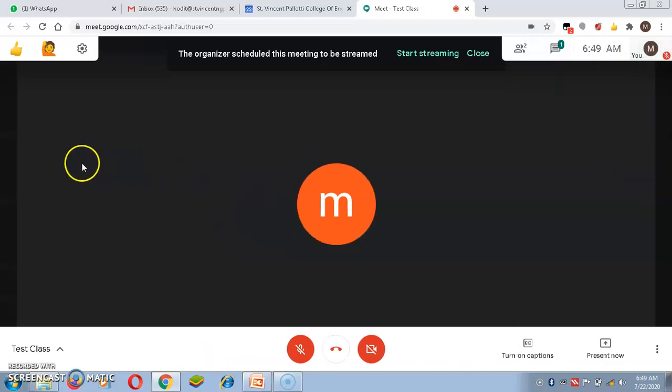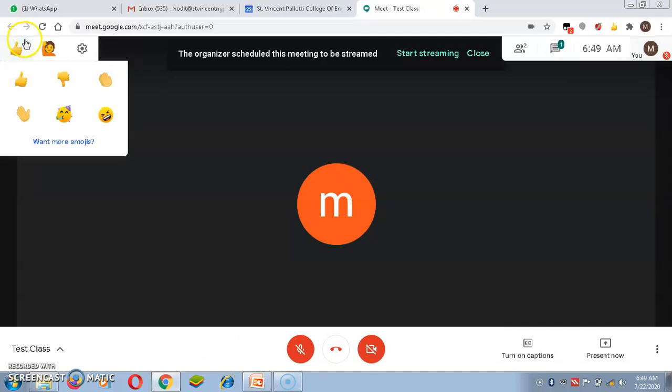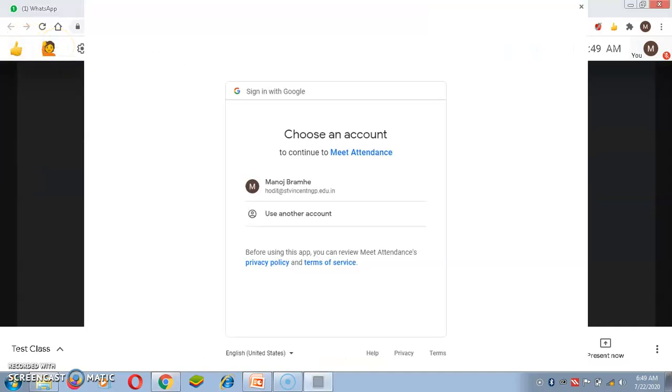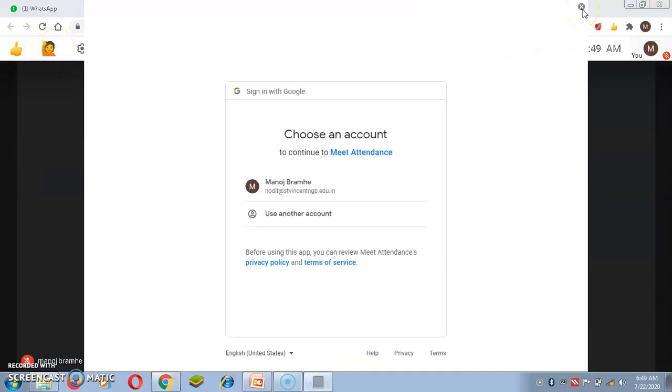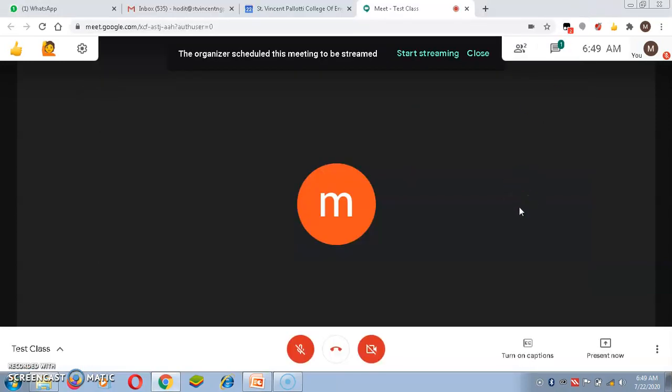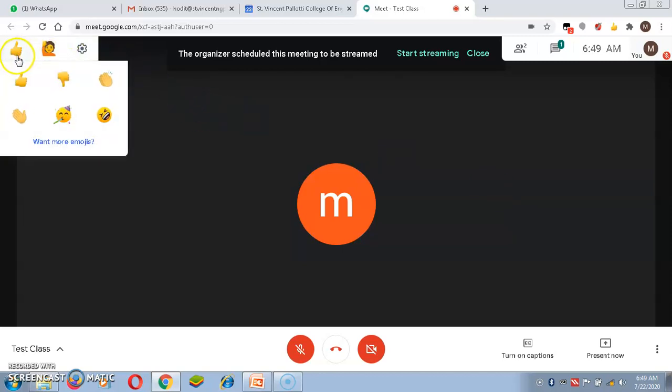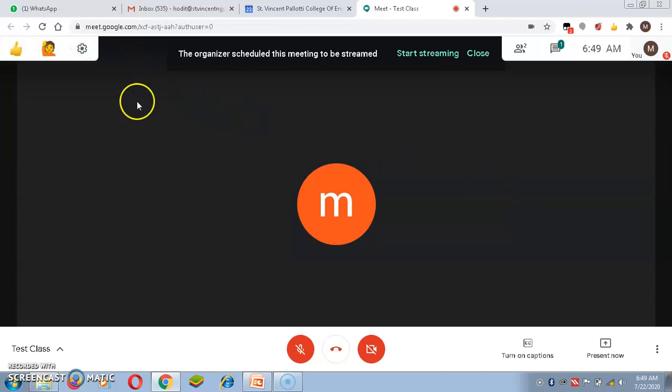Here I have also added another extension called Nod extension. Suppose you have Meet Attendance added, sometimes this type of window automatically opens. So here you can set a number of emojis, and if you want to raise your hand, this type of facility is provided once you have added this Nod extension.